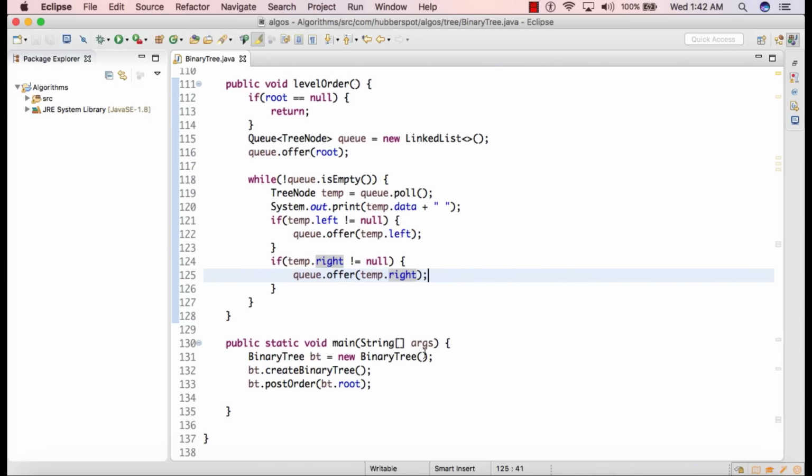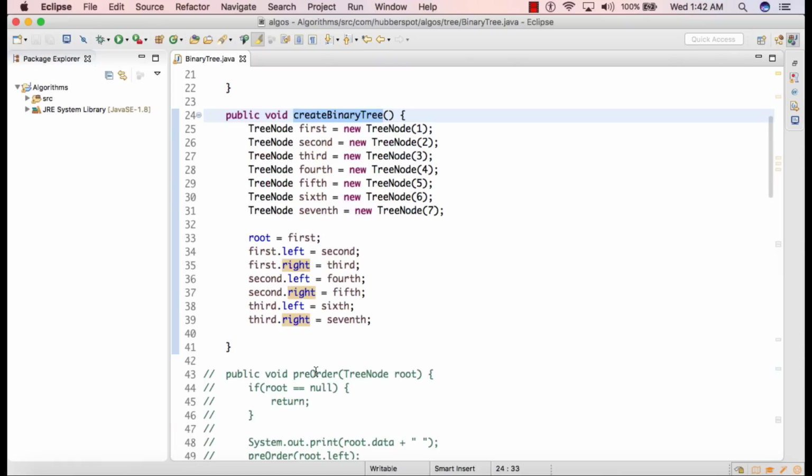In the main method, we'll first create the instance of this binary tree class, and then we'll actually create the binary tree. Here you can see I have created this binary tree with a few nodes. This is the binary tree which we discussed in the slide. In order to know more about this create binary tree method, you can watch my previous tutorials.